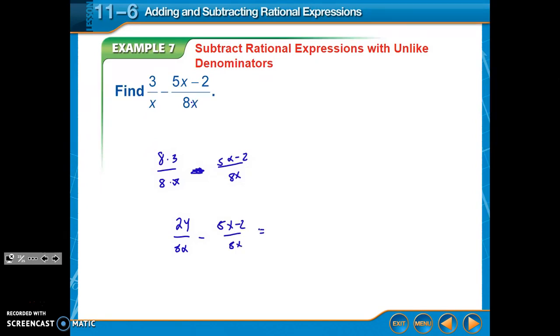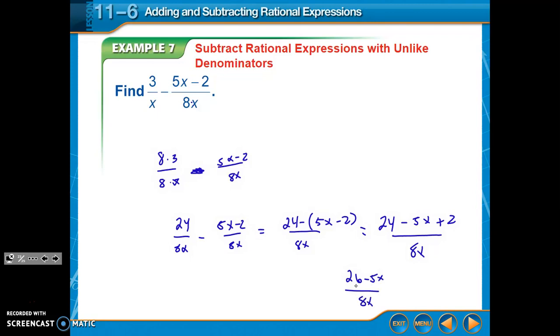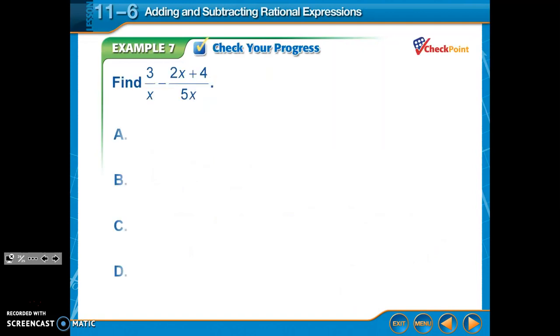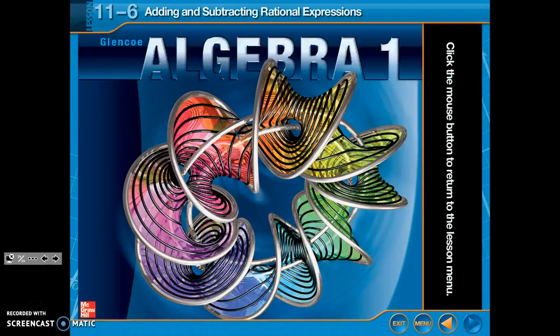Now I can rewrite this as all over 8x because I have a common denominator, and I have 24 minus this whole thing again. So remember to put it in parentheses. So this is 24 minus 5x plus 2 over 8x. Combining like terms, I get 26 minus 5x over 8x, and there's nothing I can factor out here. So this is as simplified as it gets. Okay. You guys do this one. And that is the end of lesson 11's